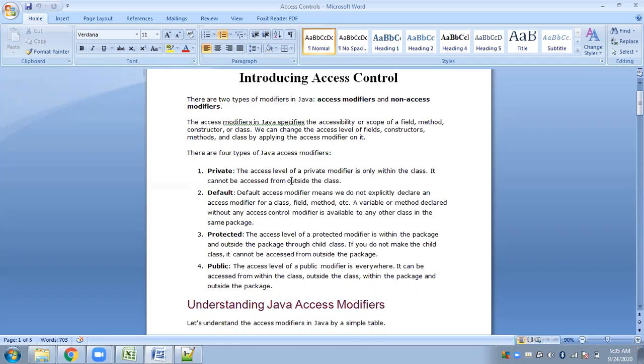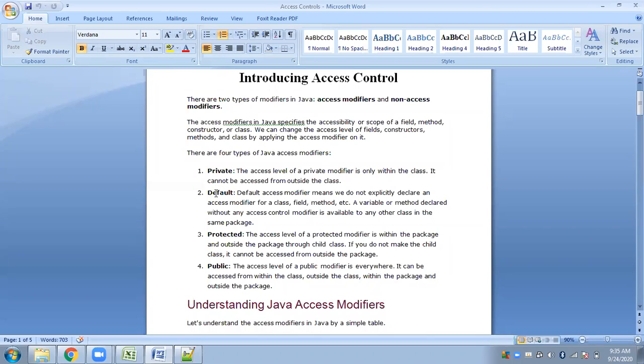It is not accessible outside the class. So we have discussed private. Private is just the opposite of public. Public is open, whereas private is a closed one. We use private to increase the data hiding capability.